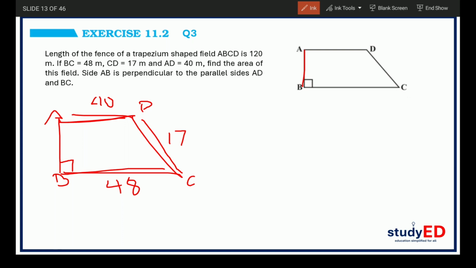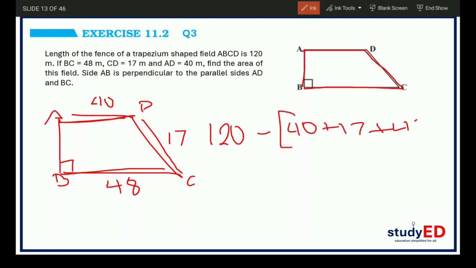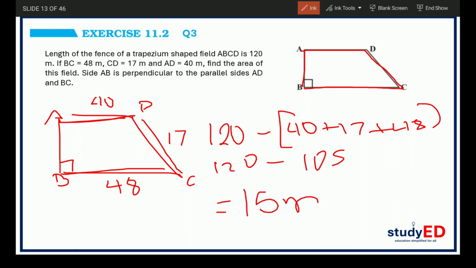However, here the height is not given and we have the lengths of all three sides. So what do? We'll just subtract it from the total perimeter. Now total perimeter is 120 minus, add all of these lengths, 40 plus 17 plus 48, which gives us 120 minus 105, giving us 15 meters as the height of this